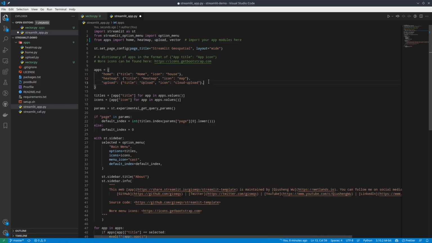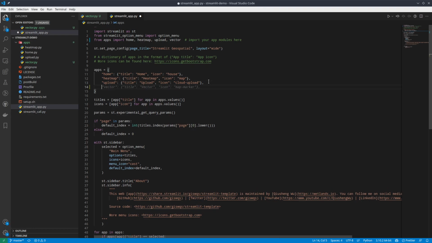So I'm going to just comma, and then from here you can tell, okay, it's pretty nice. GitHub Copilot already gives you some hints. So I can just type vector and then title vector. But this one here, I'm not quite sure. So make marker. If you want to find out some icons, you can click this link, go to this URL,